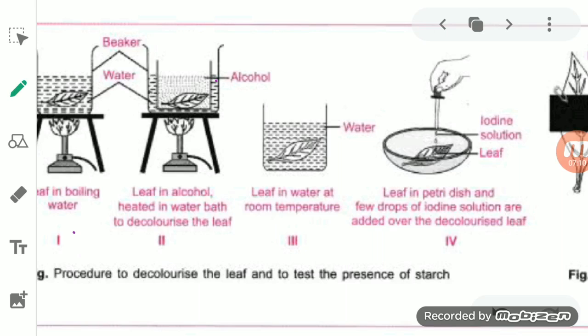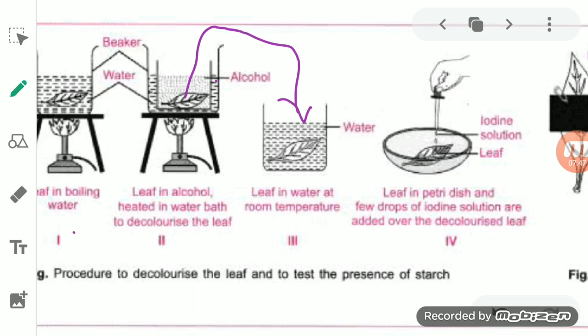Now we are removing the green portion of the leaf to make it a colorless leaf. Okay, after some time what you will see, this alcohol will become green in color, because the green pigment present in the leaf starts coming out into the alcohol, and the leaf becomes colorless. Now as the leaf has become colorless, we will take out this leaf and again we will wash it with water, so that the extra alcohol and extra chlorophyll present will also get removed.